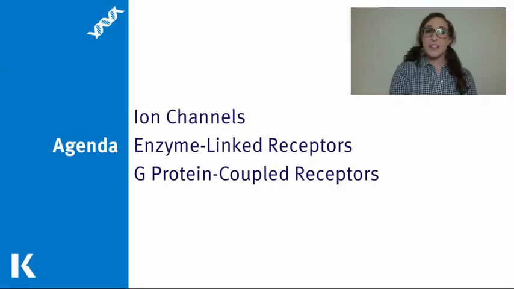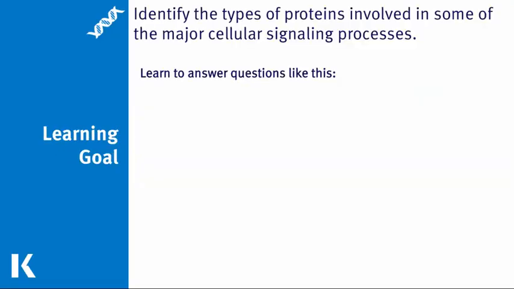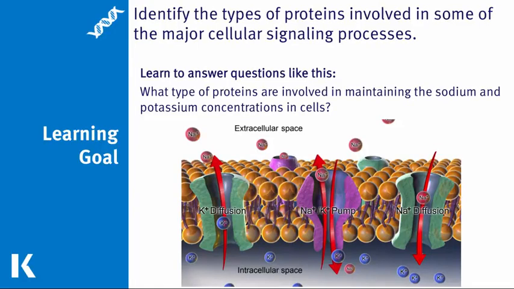This video covers the different ways biosignaling goes on in your body, including the role ion channels play, as well as their slightly more complex biosignaling counterparts, the enzyme-linked receptors and G-protein-coupled receptors. The goal to shoot for by the end of this video is to be able to identify what the major cellular signaling processes are and what proteins play an important role in these processes. At the end, you'll be able to test your progress on questions like this one about protein regulation of ion